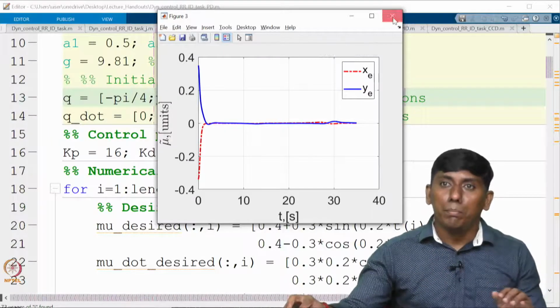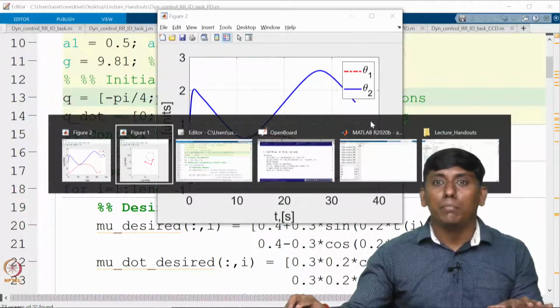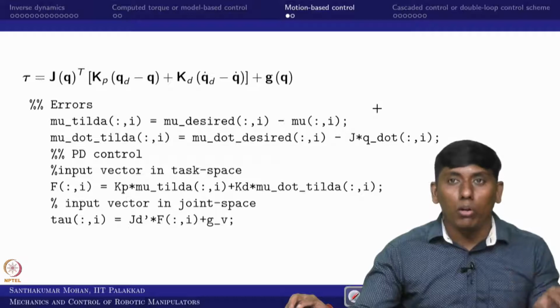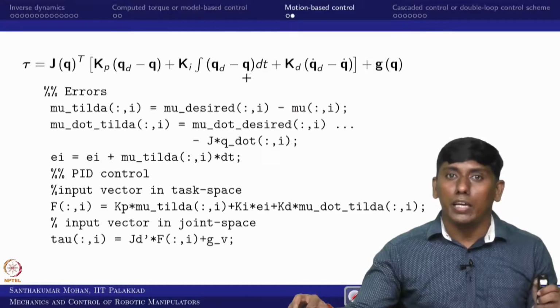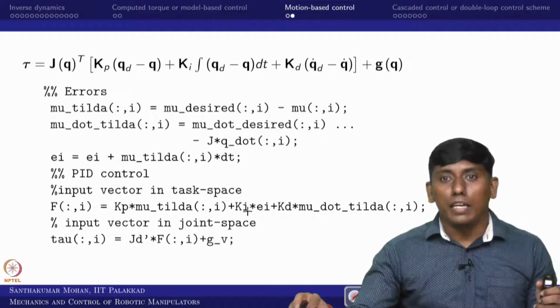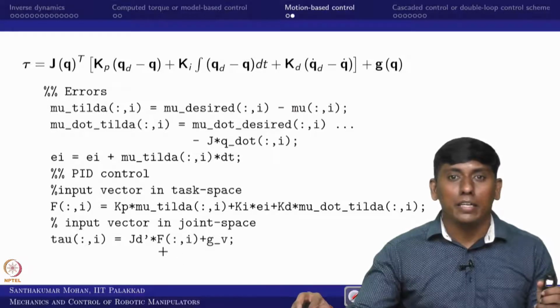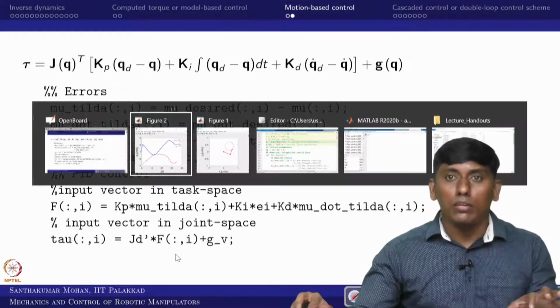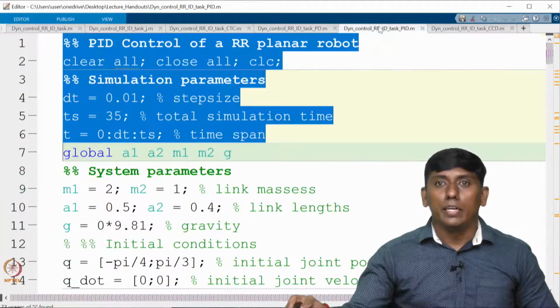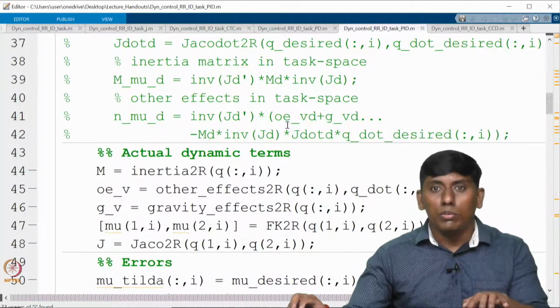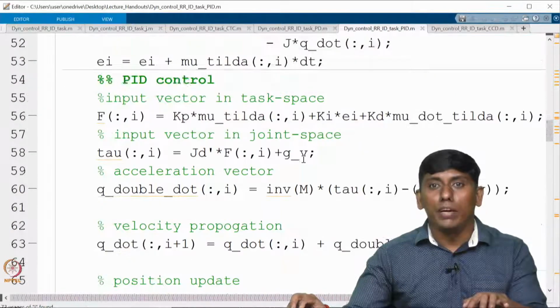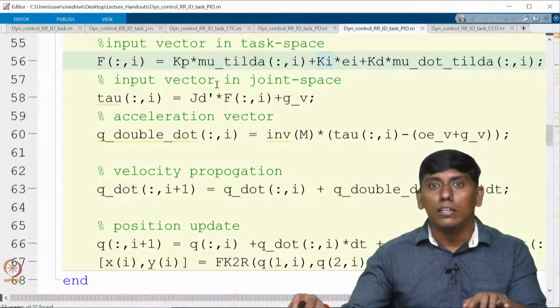Okay. Now people may think the error will be further improved if I use PID control. It need not be so in all cases. So probably I will show an example. So this is the PID control and we are trying to show this. Now we can add the I term and we are coming back here, right. In that sense we go to the controller directly. Okay. So the PID control, and the gravity we can initially ignore, then we can show. What you can see is that for the PID control we have added Kp, Ki and Kd is coming, right. So this is a PID and we have compensated that with the gravity compensation.